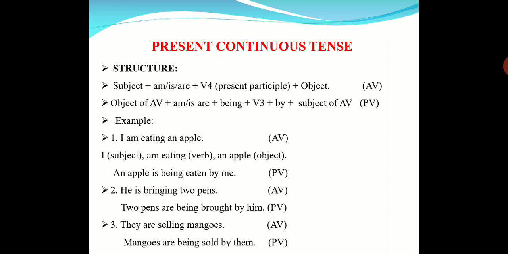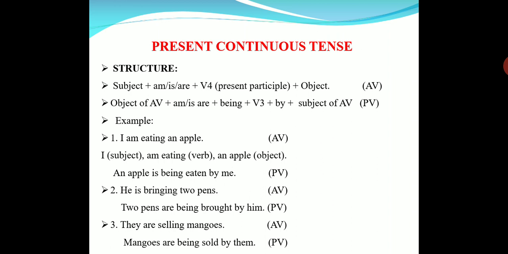And next rule is be form. 2 pens is plural. So plural be form is are in present tense. Am and is are for I or he, so for that we use are. The be form always for present continuous is being. Next, what is the V3 form of bring? Bring, brought, brought. So brought. By, he becomes him in the place of object. Okay, what is the total sentence? 2 pens are being brought by him. Okay, let us see one more example.